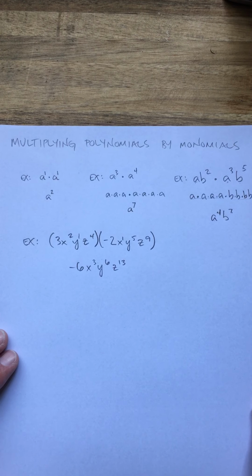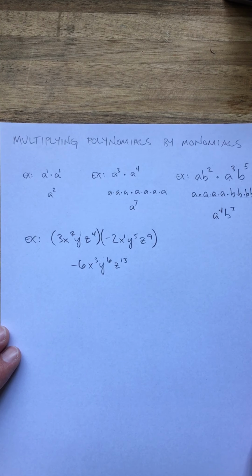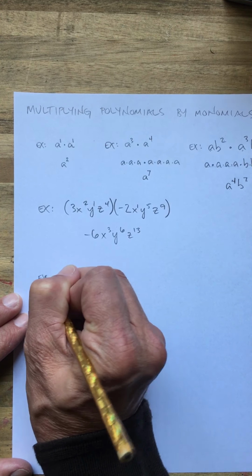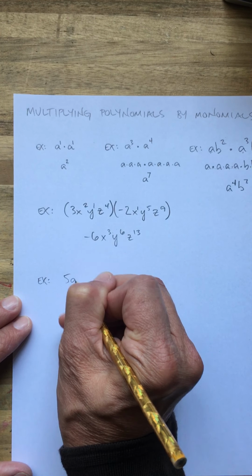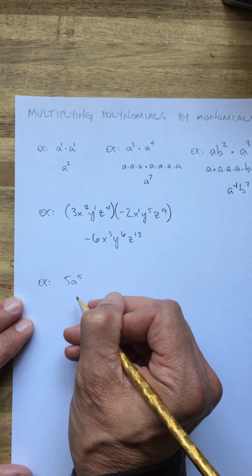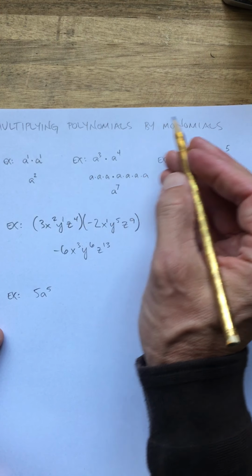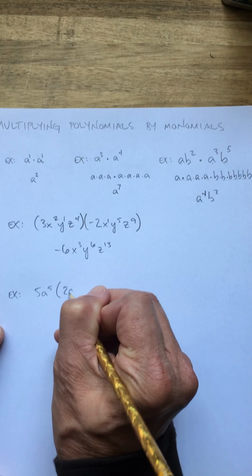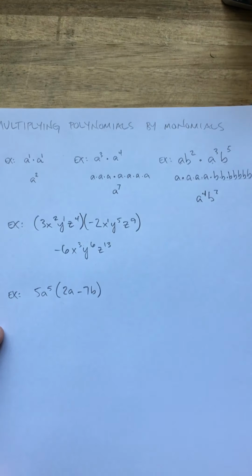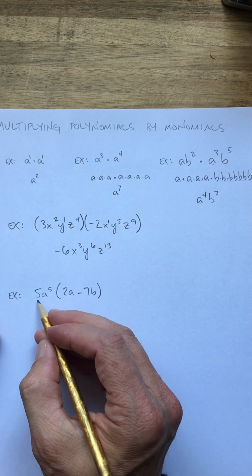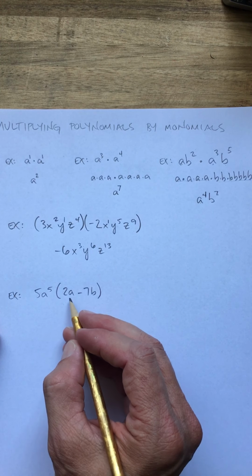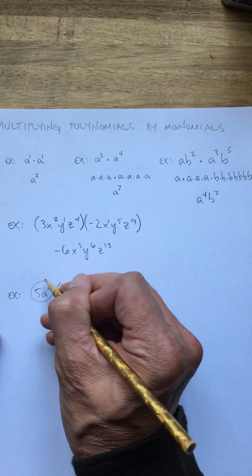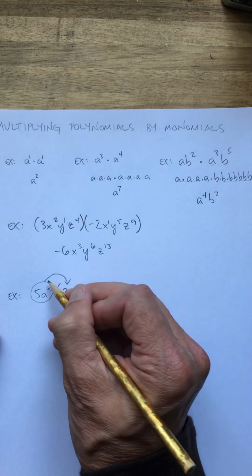All right. So now let's do some, I guess, multi-step problems. Okay? Let's try this. This is more of what you're going to see in your homework. All right, we have 5a to the 5th. There's our monomial. Keep in mind we're going to be multiplying polynomials by monomials, so there's my monomial right there. I'm going to multiply it by 2a minus 7b. Okay, so 5a to the fifth times 2a minus 7b. Remember, all this is a distribution problem. We're going to take this and distribute it to that guy,